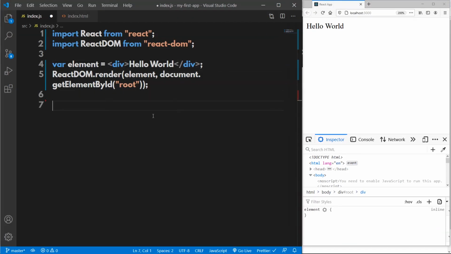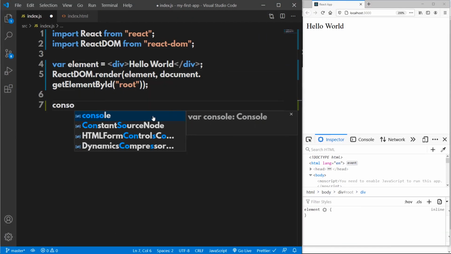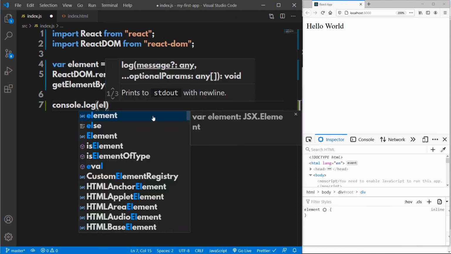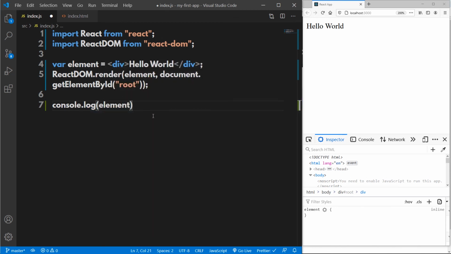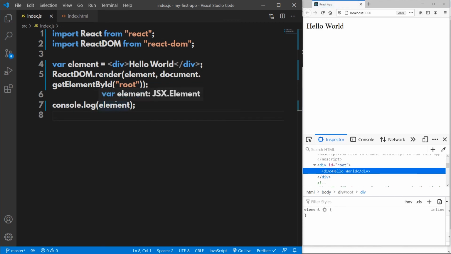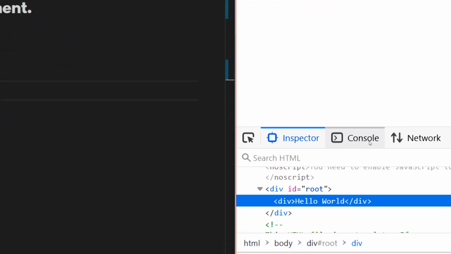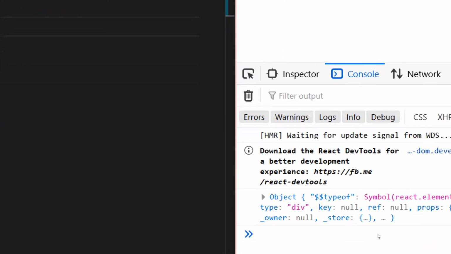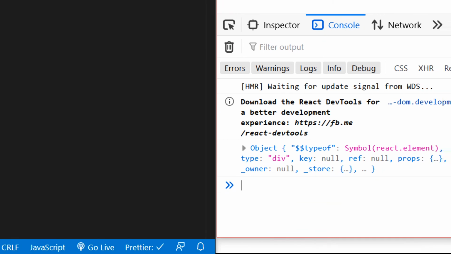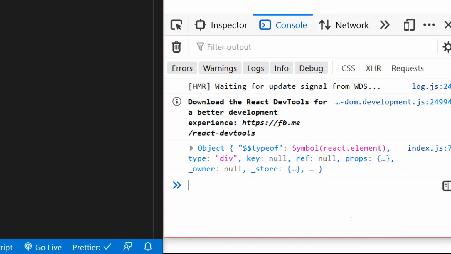And now let's print the element in the console.log. In JavaScript, the output statement is console.log. So it shows the value of this particular variable inside the browser console here. So have a look at the console. That particular div tag is represented as a React element. And if you expand the same,